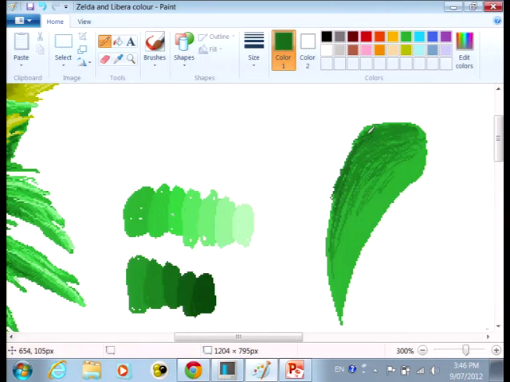Can you see how each, sorry, I'm probably going a bit fast, am I? No? That's good. Each layer goes a little bit darker each time, and you go over the top. It's quite a simple technique.